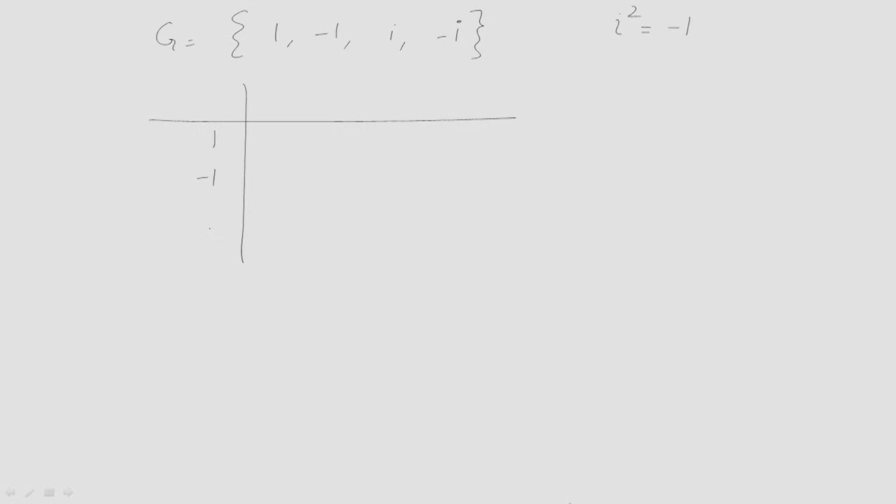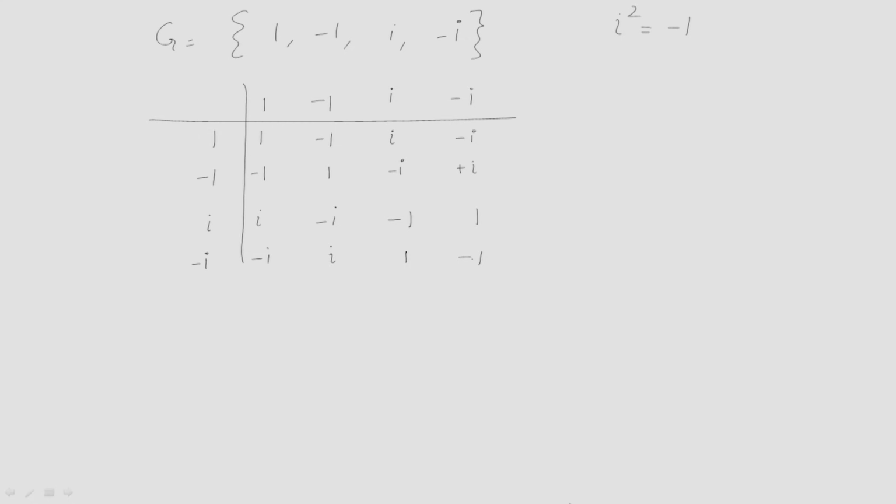Why is it a binary operation? This you can easily see. You take 1, minus 1, iota, minus iota. Now, you multiply 1 with 1 is 1, 1 with minus 1 is minus 1, 1 with iota is iota, this is minus iota. Minus 1 with 1 is minus 1, then plus 1, minus iota, iota square is minus 1, it is plus iota. Iota with 1 is iota, it is minus iota, iota square is minus 1, minus iota square is 1, it is minus iota, it is plus iota, it is minus iota square is 1 and it is minus 1.